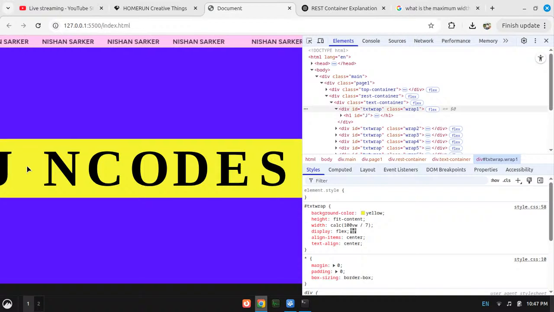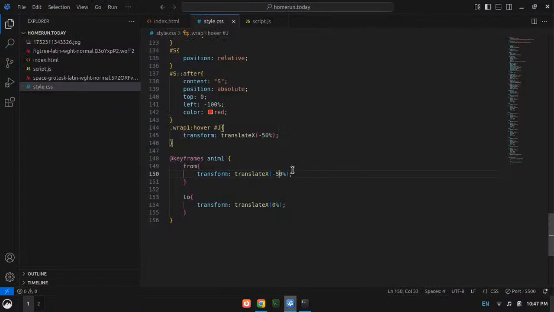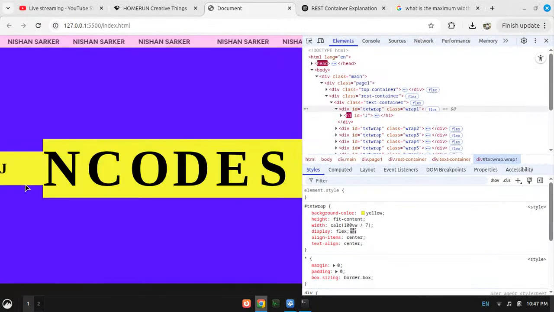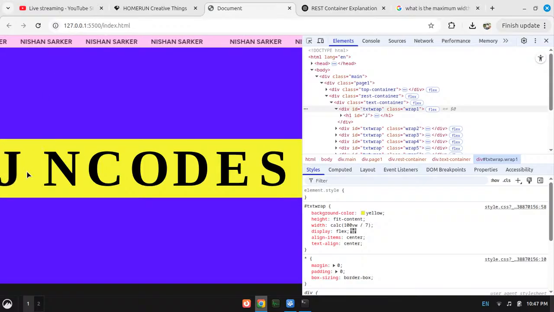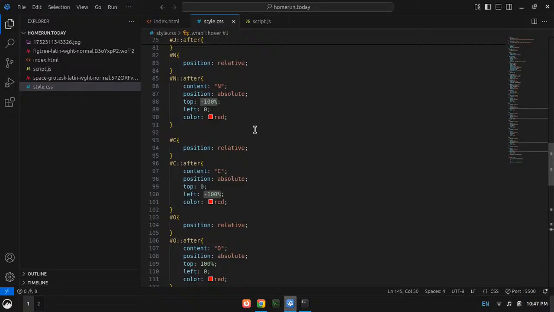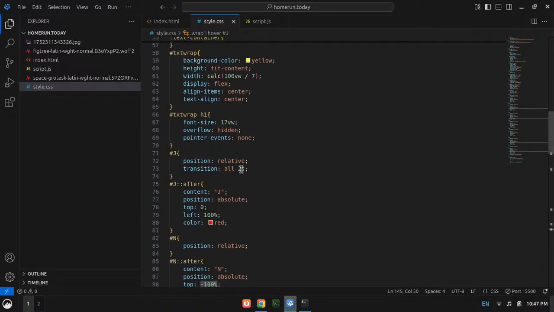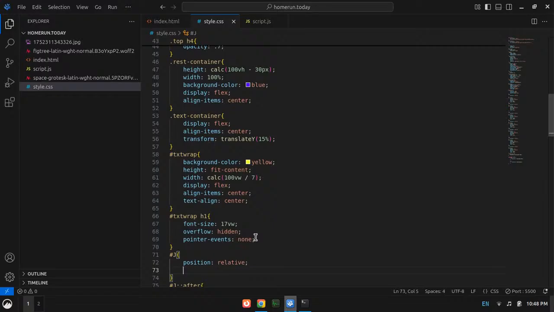Why didn't it go like... I need it to go 100%. Oh, sorry, not there. I need it to go 100% here, right? And the transition might not be 2 seconds long. I will copy it and give it to all the H1s.